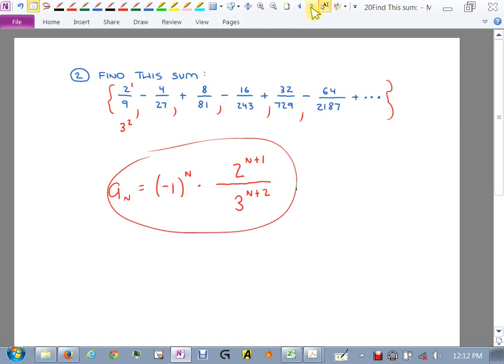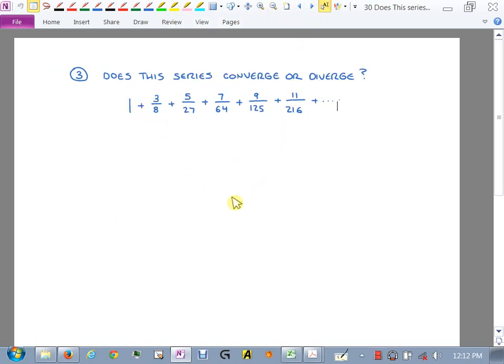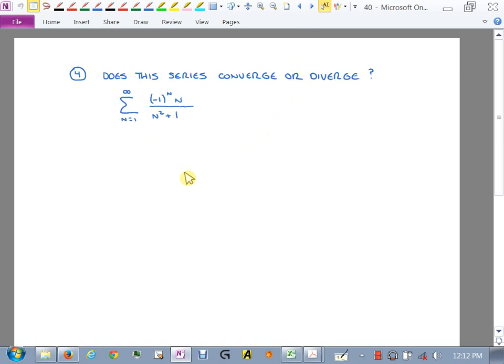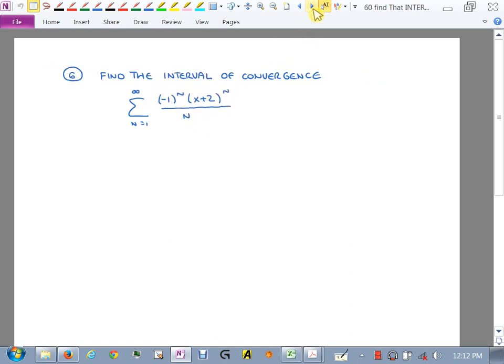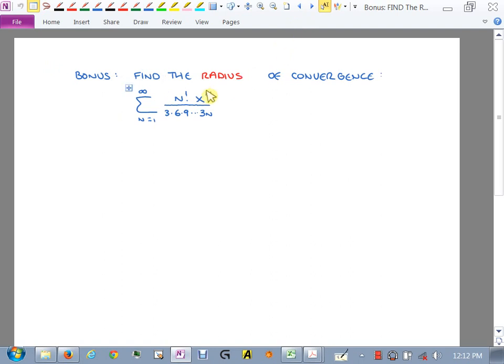Let's see, the next question they had, does this series converge or diverge? So again, they had to come up with a formula for this. After that, notice that everything else in this test, they have the formula already, and they have to determine something else. The formula is given to them. This is the formula that we're working with, and then they have to determine stuff from that formula. So you know how I'm asking you to look at a pattern of numbers and get the formula? This part of it is the formula.